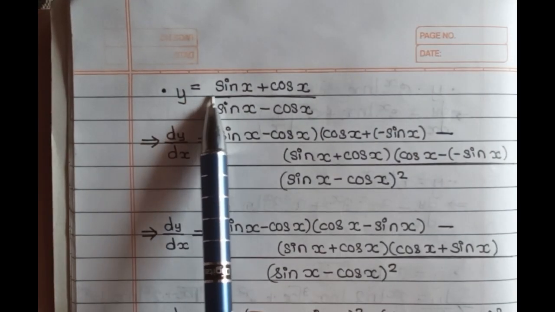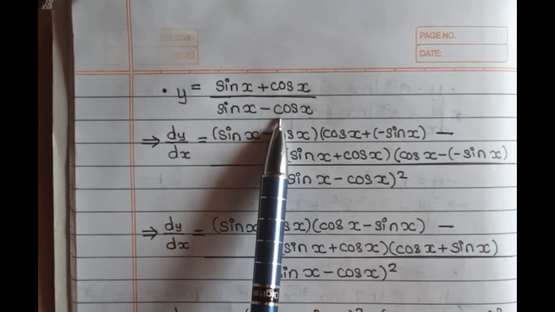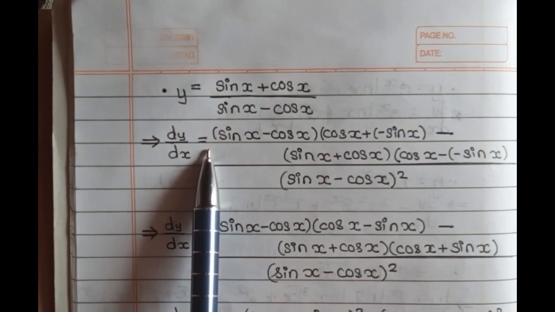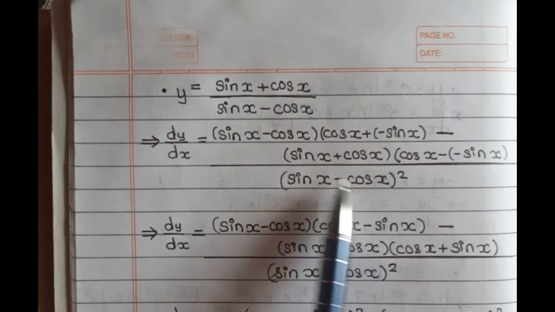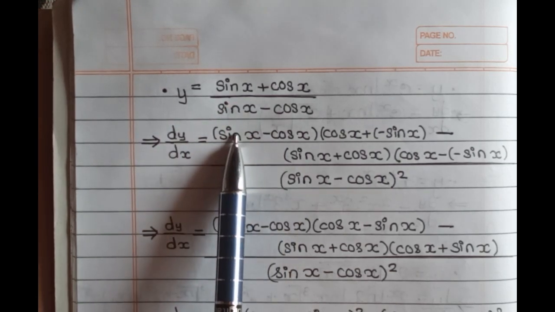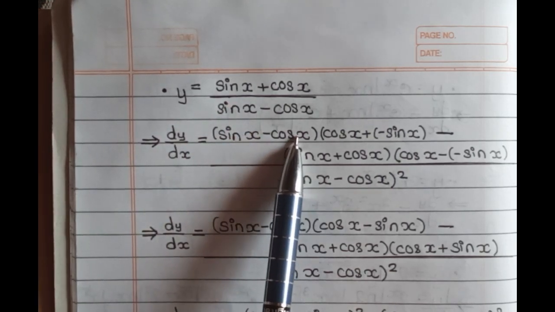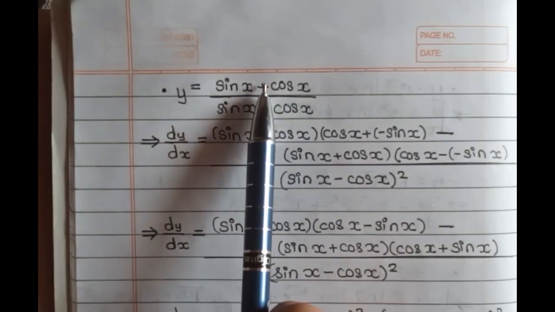Let's understand the second example. y is equal to (sin x plus cos x) whole upon (sin x minus cos x). So dy by dx is equal to, first square the denominator, (sin x minus cos x) the whole square, and in numerator keep the denominator constant, sin x minus cos x, then differentiate the numerator, that is cos x plus